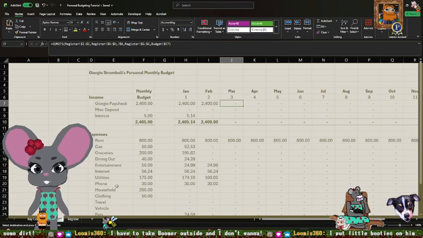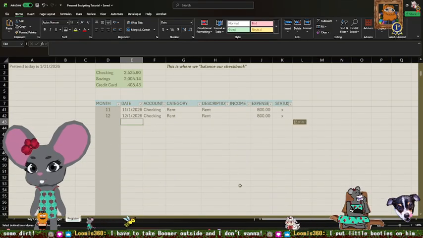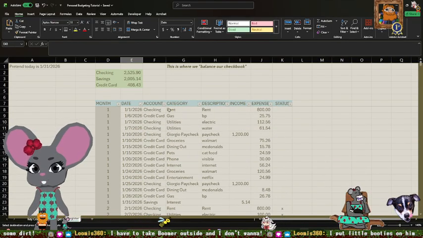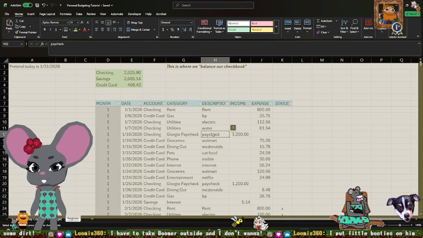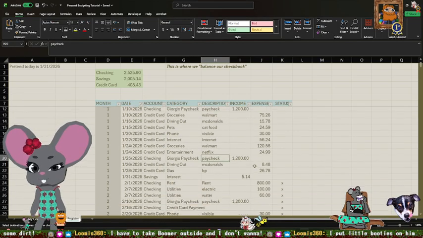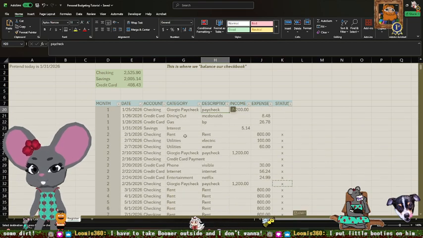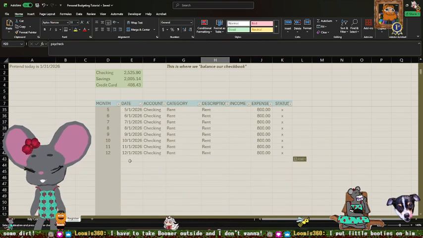You can do that with your income. Let's say we put in our paycheck on the 10th. We get paid on the 10th and the 25th of every month. And then we put that in for February also as pending transactions.